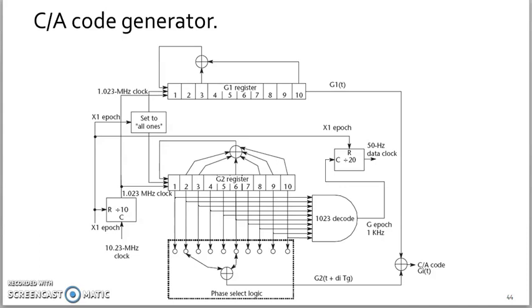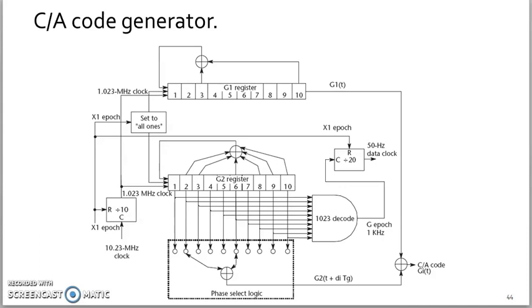We have seen that the GPS code register has two 10-bit shift registers, G1 and G2, which generate maximum length PN codes with a length of 2 raised to 10 minus 1, that is 1023 bits. And it can be described using a linear code generator by means of polynomials.